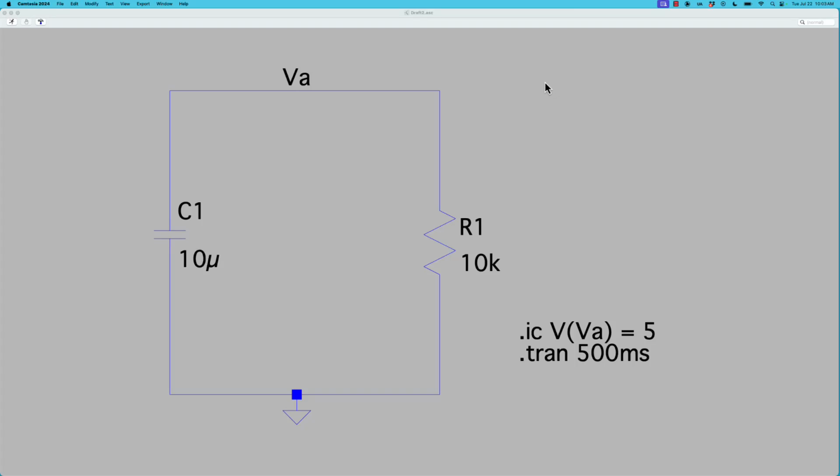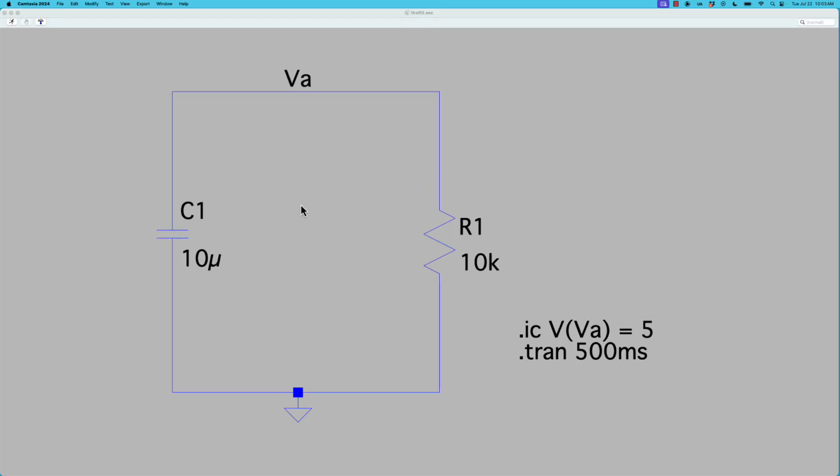Hey, good morning. So, yesterday we went over the source-free RC circuit, which has a time constant to discharge. Today we're going to be doing something similar. We're going to be working with an RL circuit, which is a resistor and an inductor in parallel. So, instead of this capacitor over here,